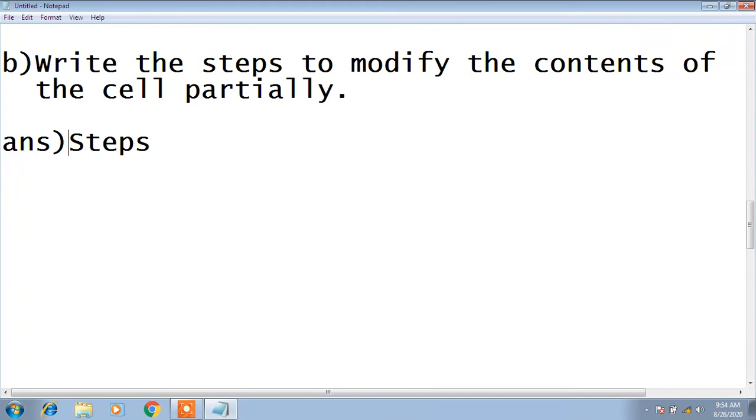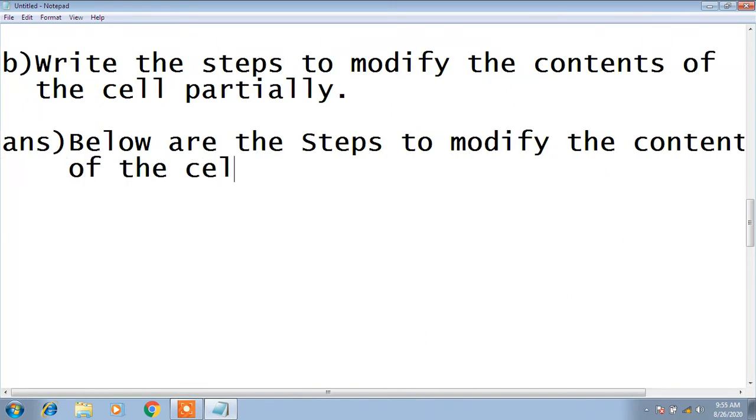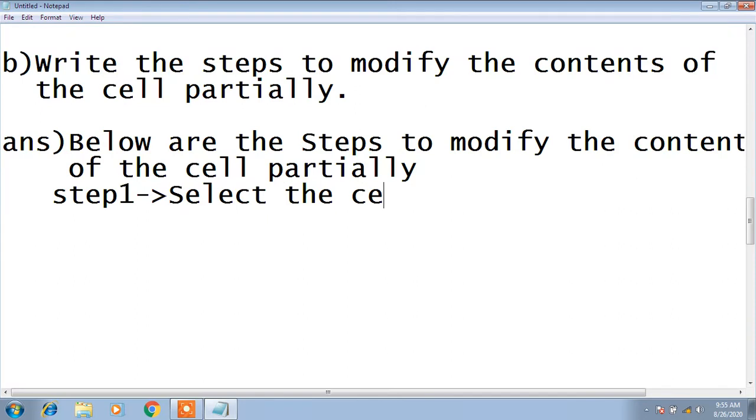So below are the steps to modify the contents of the cell partially. Step 1 is select the cell to be edited.